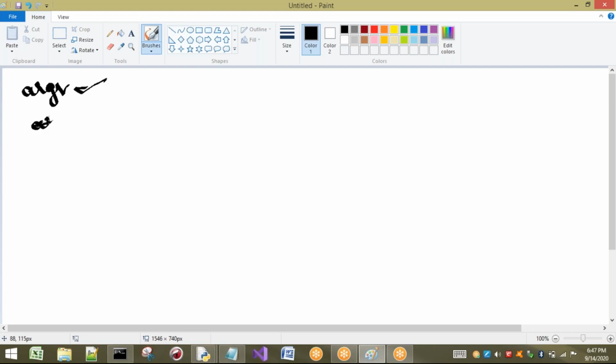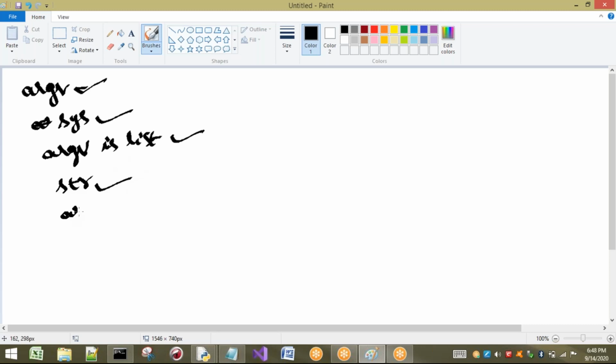It is present in the sys module. So ARGV is a list. Next, by default, everything is going to be stored in str type. The first argument stored in ARGV, that is ARGV of 0, is the file name of your program.